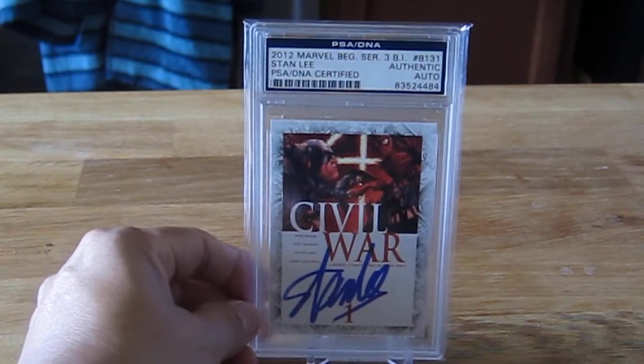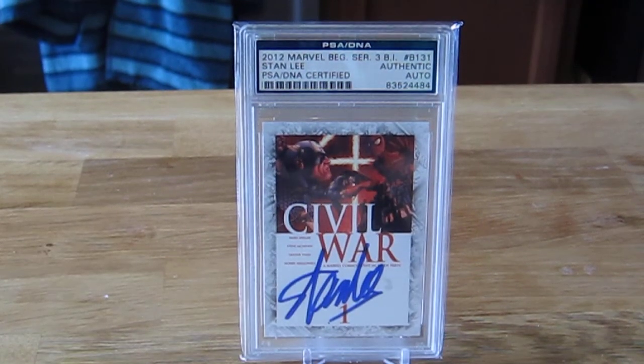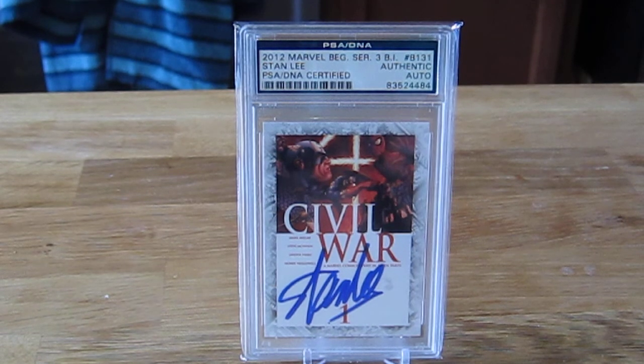I used to be a comic book collector, and I wish I could afford to do both. New York Yanks Fan 7 has a great comic book collection that he gets. He gets the CGC graded slabs. I can't really afford to do both. I kind of had to make a choice between trading cards or comics, and obviously I'm going with trading cards